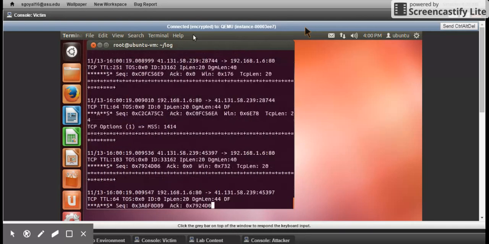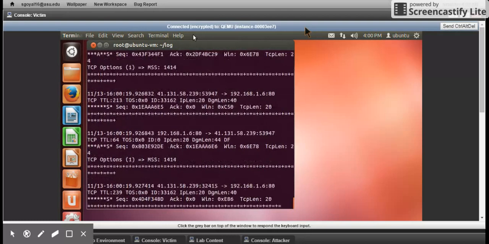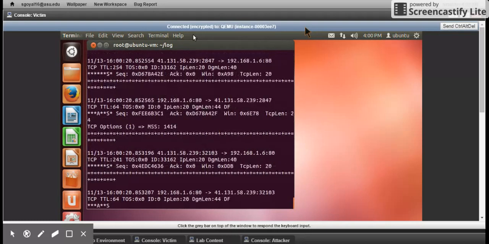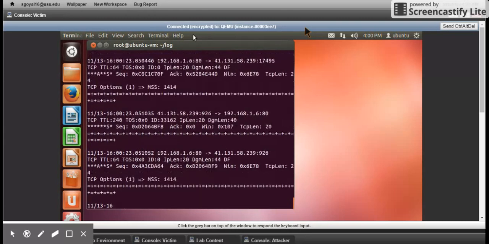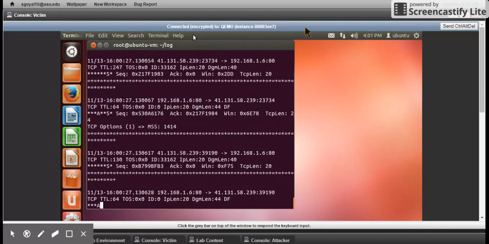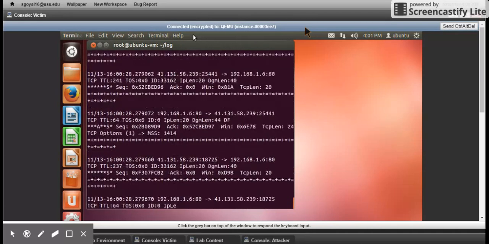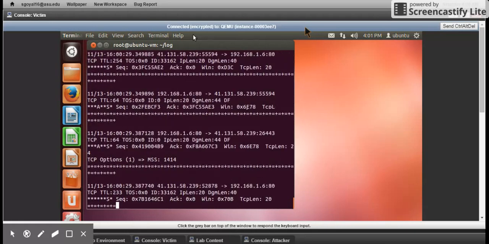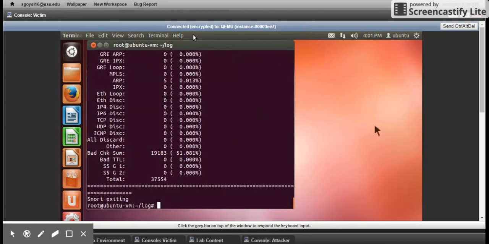so these are all the packets which have been stored in the log which came from the attacker's VM. Since it's a sync flood, it's basically the same kind of packets which were sent during the Nmap scan. So I'm going to explain a packet or two in the log which has been stored.